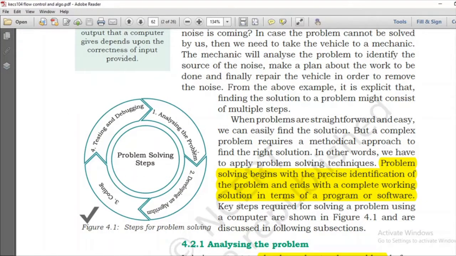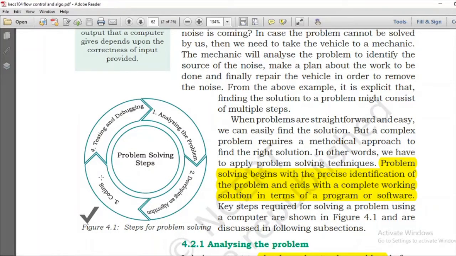First is analyzing the problem. Analyze करो problem को कि problem है क्या. Second is developing an algorithm. Design an algorithm, that is, a step by step follow up of what you need to do. Third is doing the coding part. An algorithm is also step by step in your own natural language, like English, Hindi, Japanese. You just design what you want to do. Then you convert it into coding.